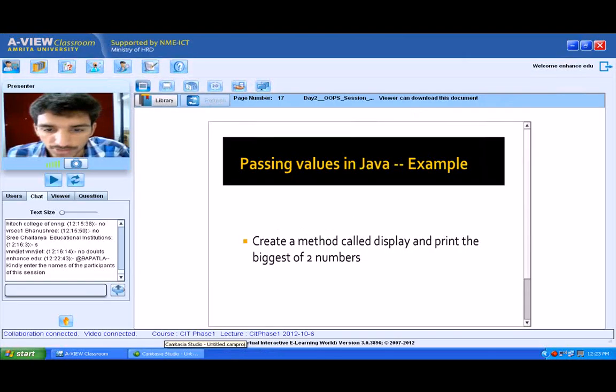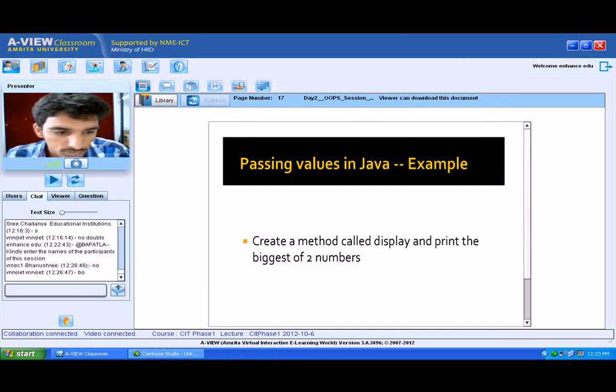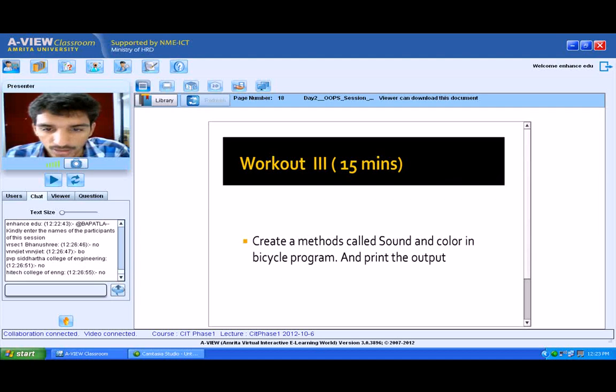I hope this program is clear to you. And so if you have any doubts in this example. Yeah, okay. So